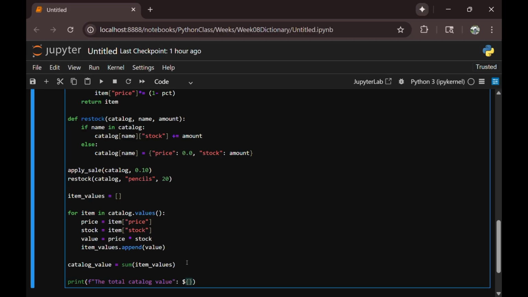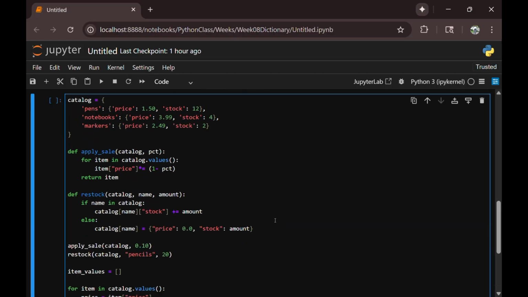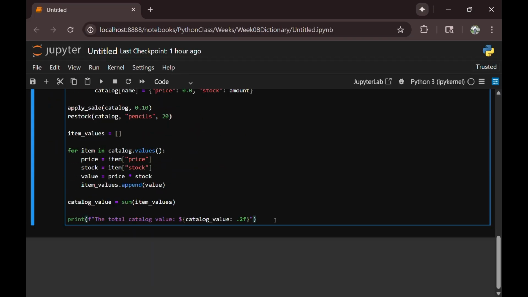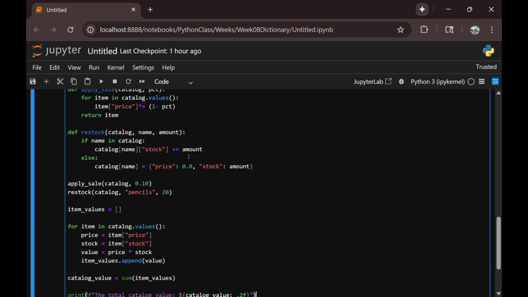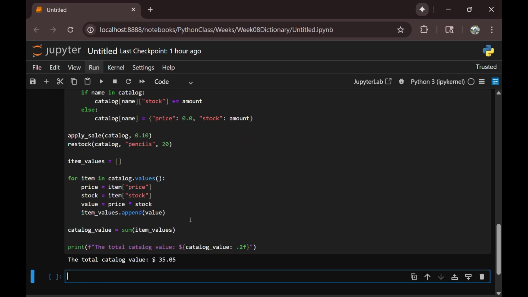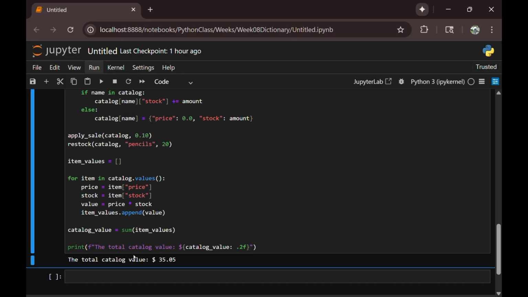So let me do catalog value. Okay, and I'm going to round to two decimals. All right, so this is our program. Let's test again and see if it works. So let's try again one more time and one last time. Okay. So the total catalog value